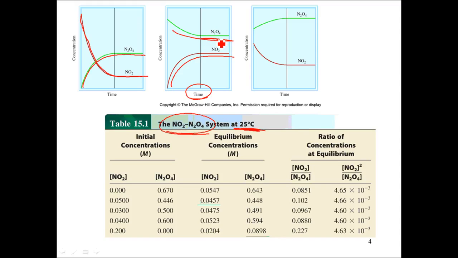At a certain amount of time, both of these graphs plateau. And then we can measure these concentrations of our two gases. So here in table 15.1, let's look at each line of the experimental data. We have NO2 and N2O4